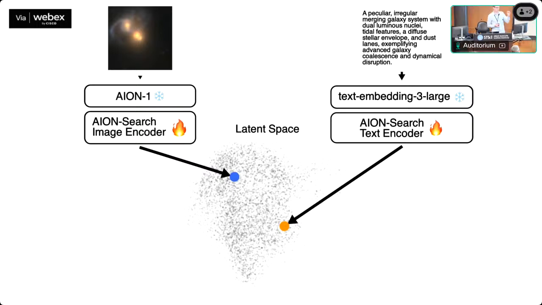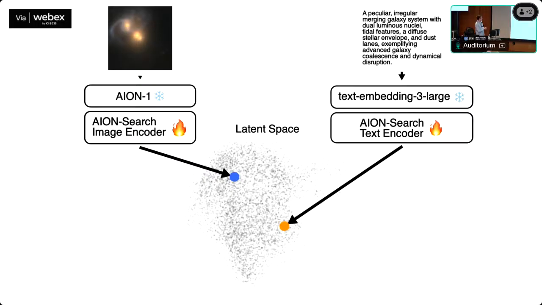And so what we did was we used the 300,000 descriptions that we generated, and we used contrastive learning to build a model that allows us to search images with text. What contrastive learning does is you take an image, you turn it into an embedding, which is just a vector that describes the image. In this case, we're using Aeon, which is a foundation model that Polymathic developed. And it turns it into an embedding.